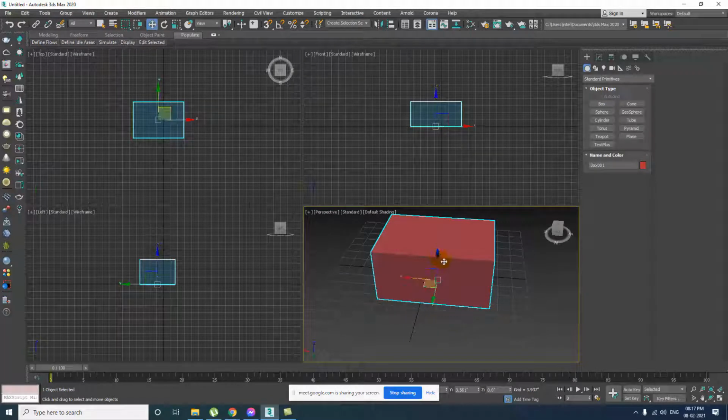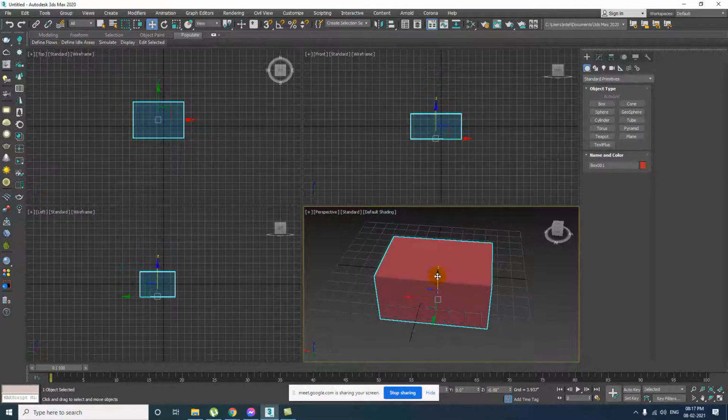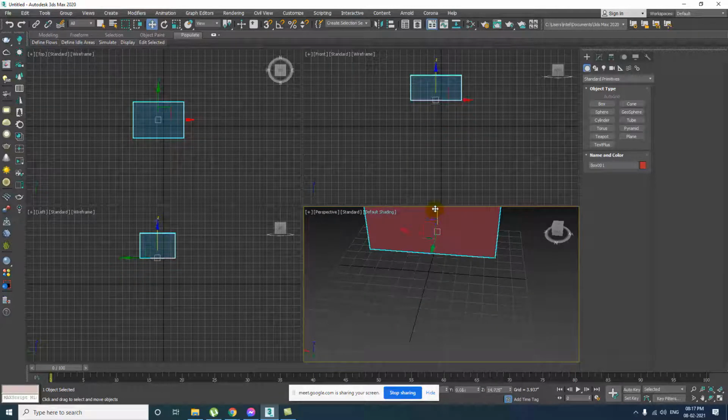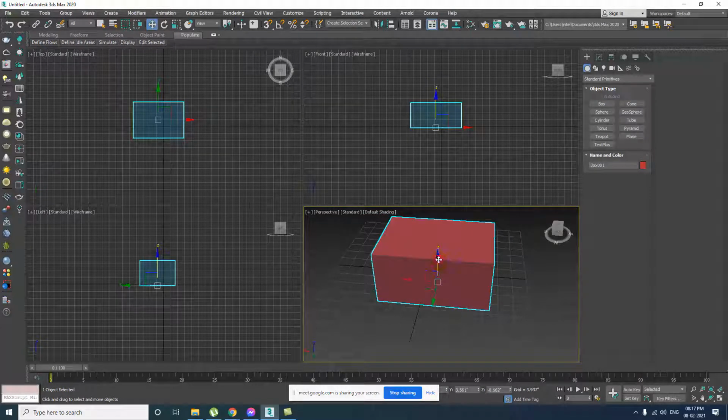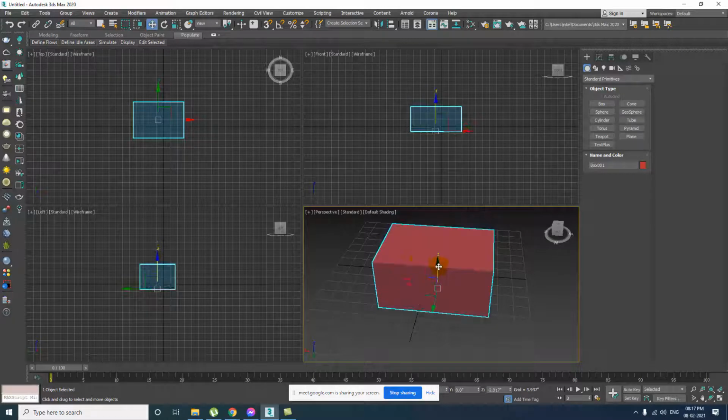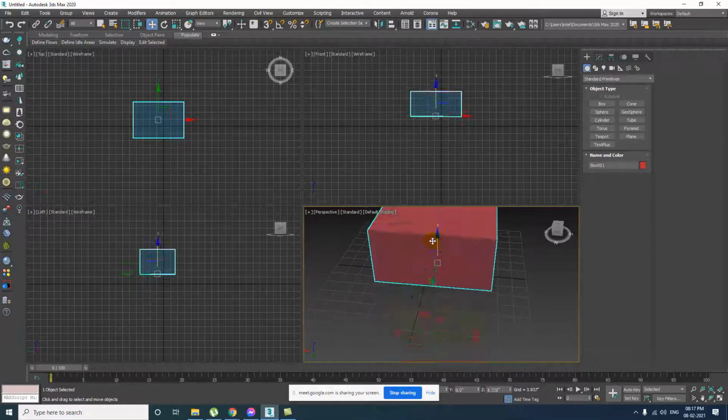Blue, as I told you last class, is for height. It will take the object upward or downward. If you click on blue and drag, the object will move up and down.